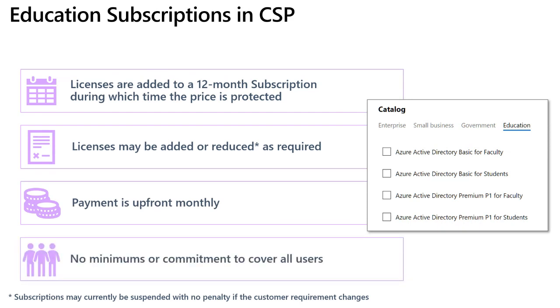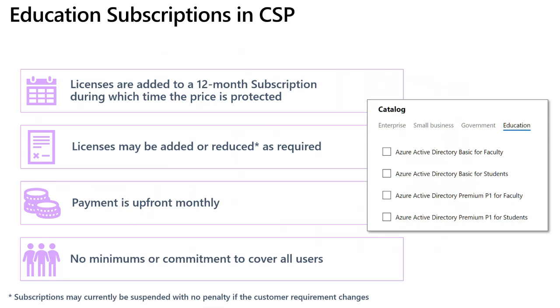So then let's talk about setting up CSP subscriptions for our customers. You can see here the catalogue of products that is available when you create a new subscription for a customer. And as you select one of these options, you can create a subscription with a minimum of 1 license in it. So these subscriptions are 12 months long, which is important from a price protection point of view, and that's how long the prices are guaranteed to partners for. However, don't be misled into thinking that we're asking for customers to commit to 12 months at a time, since licenses can be added or removed, as I've already said, from the subscription as required.